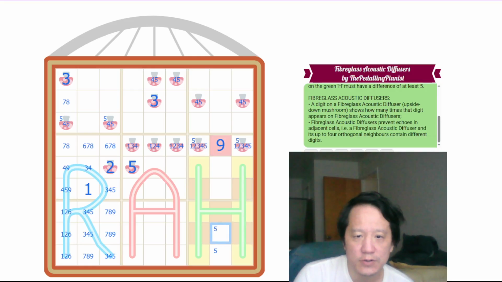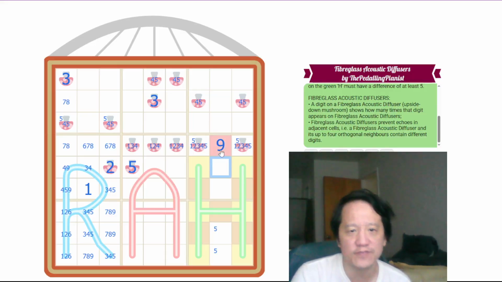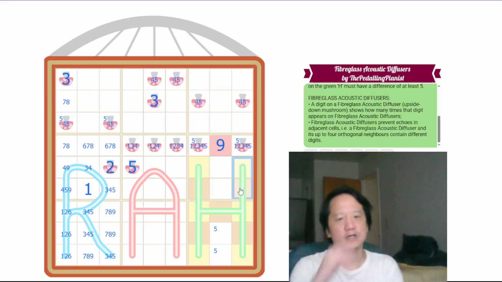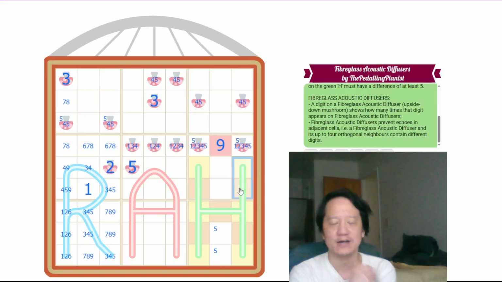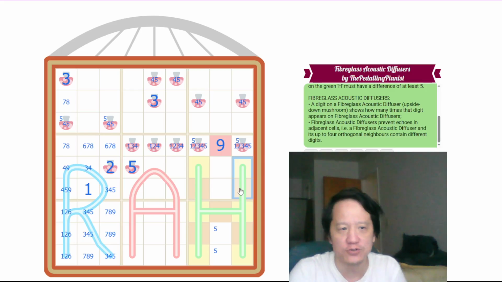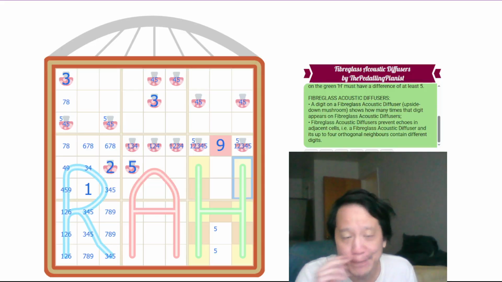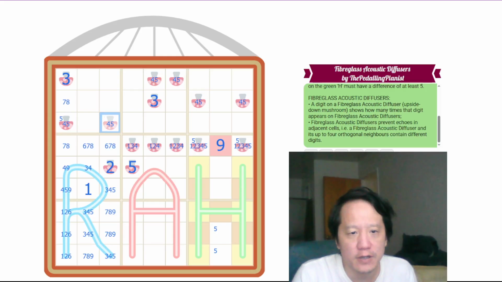Whoa, that's weird. I think that's red, right? I highlighted that with red. That's a very faded red there. But the reason why you know that is because on a Whisper 5, well, again, take a look at any Learn How to Sudoku puzzle that I do with a Whisper 5 line, and you will see why that is the case. Anyways,